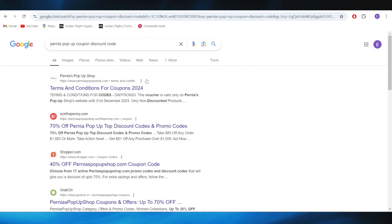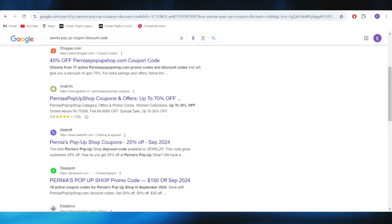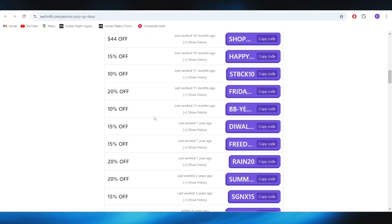First of all, go to your web browser right here, and you have to search for Pernia pop-up coupon discount code. Right here, go to this website, which is called retrieve.com, and open it. As you can see right here, we have a list with some promo codes that we can use